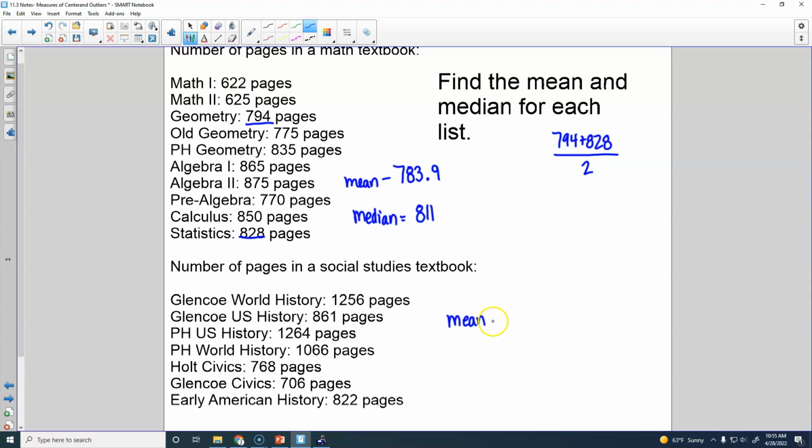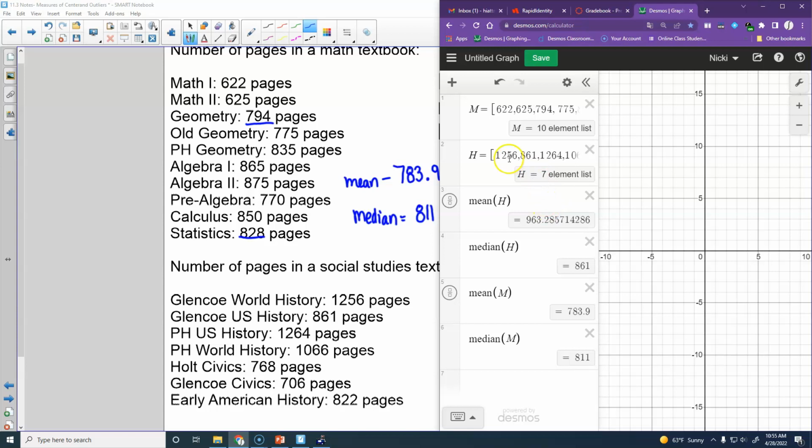All right, and so for history, if I did it right, tell me if this looks right. I got 801.625. Is that what you guys are getting for the mean? No? All right, let me look at mine. I know, what am I doing here? Goodness. I mean, I'm cheating and using Desmos is what I'm doing, because I can do it faster. I'll show you guys how to cheat and do that in a second. But obviously, you might not want to do it, because,